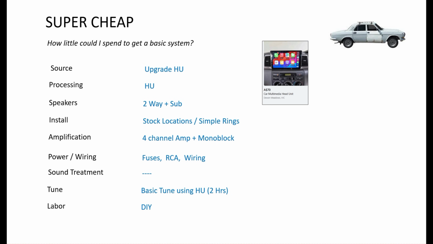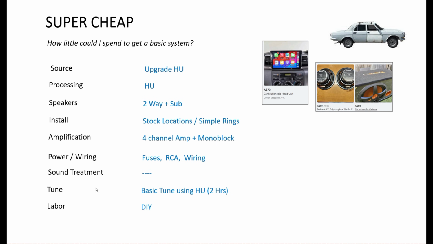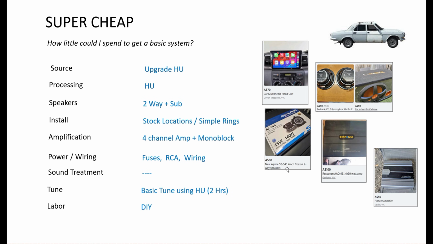Fantastic. And I also found some speakers and a sub, which is already in a box, for $50 for the sub, and $80 for some mids, and a 4-channel amp for $100, and a monoblock amp for $50,